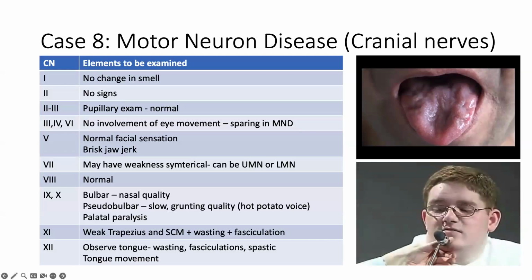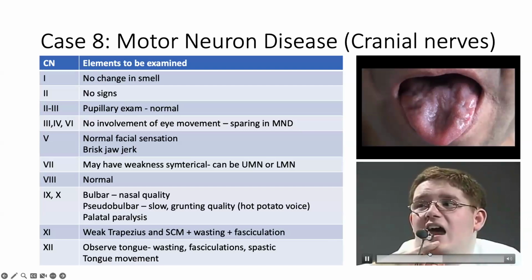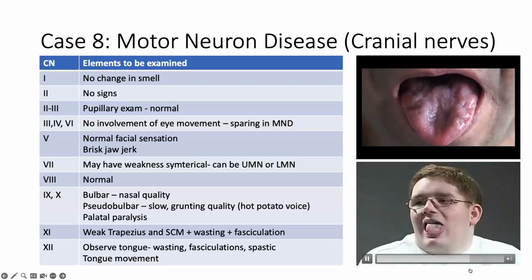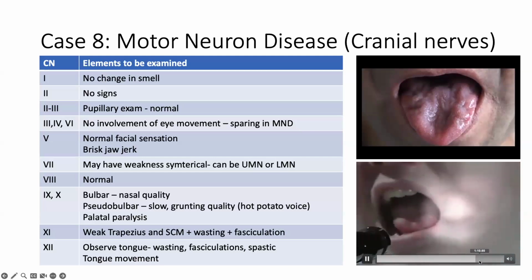So look at the jaw reflex. You can see that it's positive there. Usually you don't get anything, but if it's present, it's brisk. Look at the tongue again and have a look at the back of